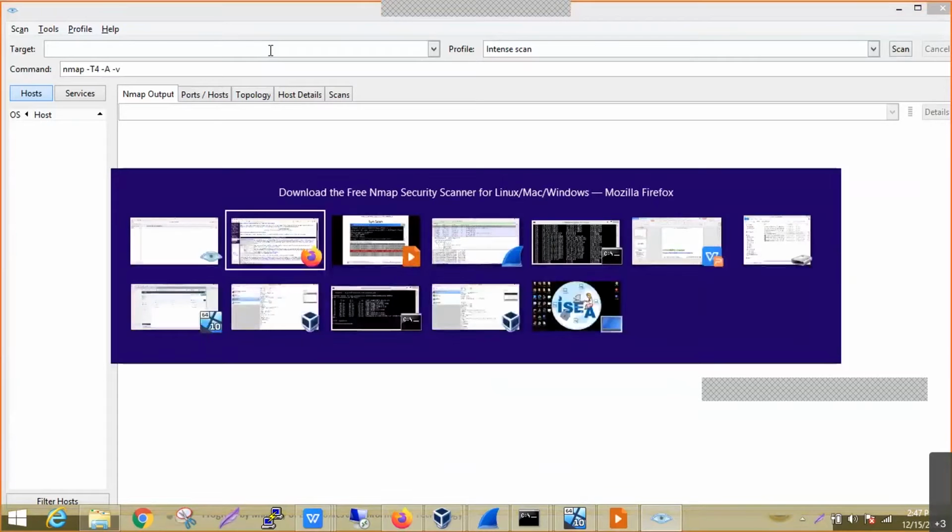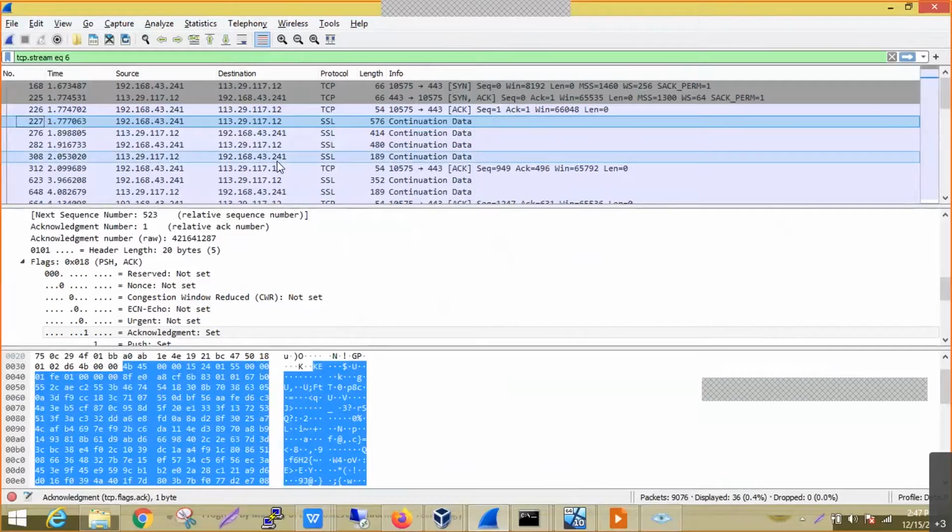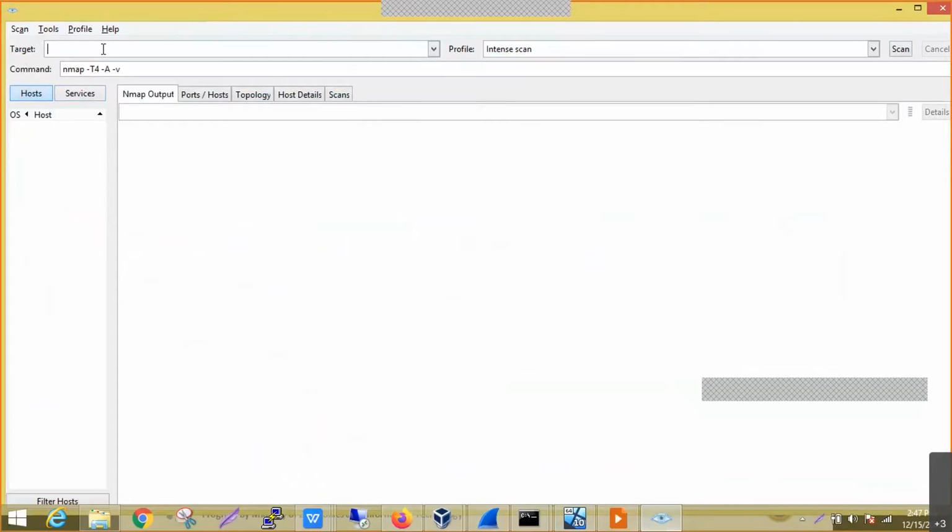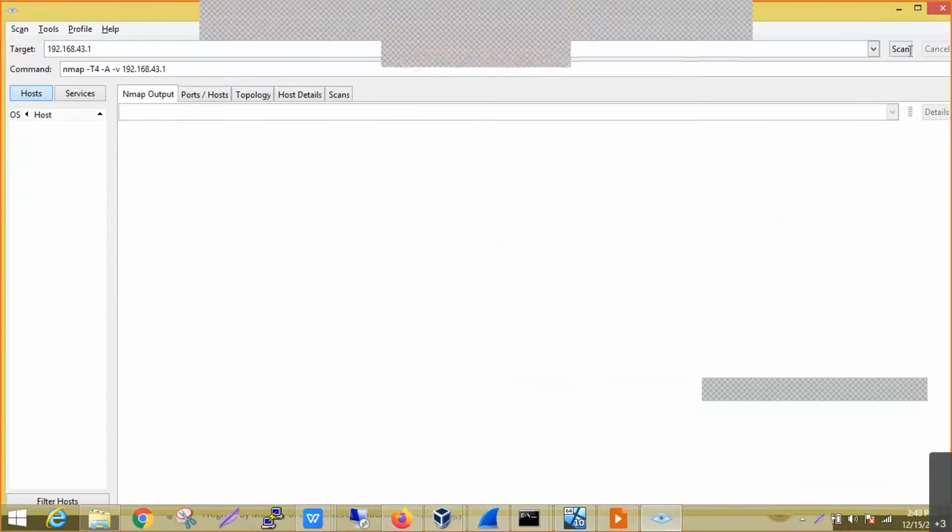Now, along with this, I'll also open Wireshark in parallel. But before that, we'll have a quick look. Let's say this is my target IP address that I'm giving, and I'm trying to scan with verbose mode on this particular scan. The only thing is we have to click on scan.